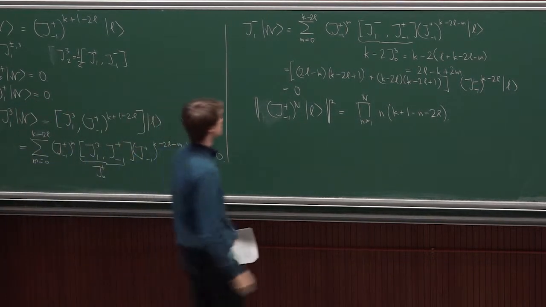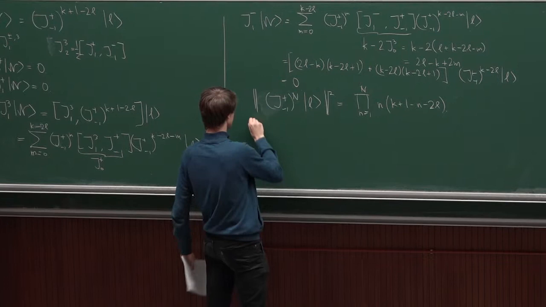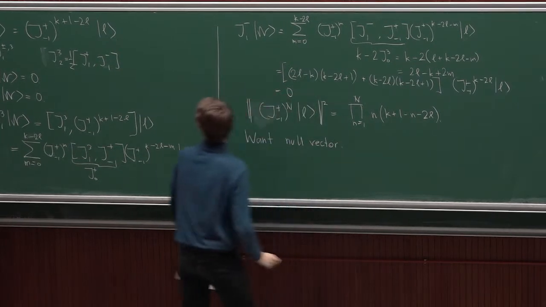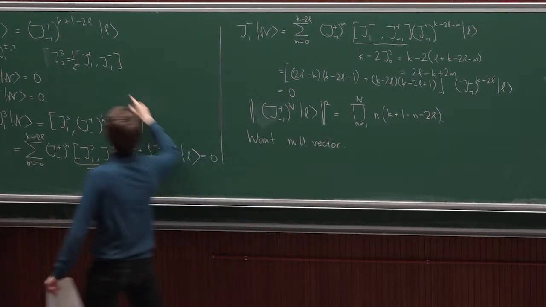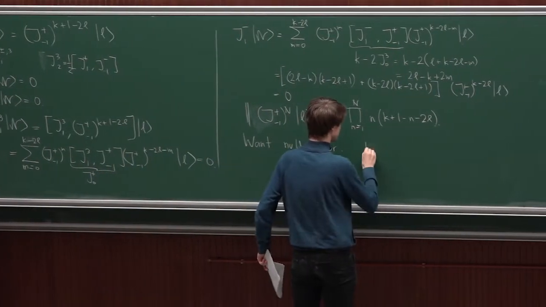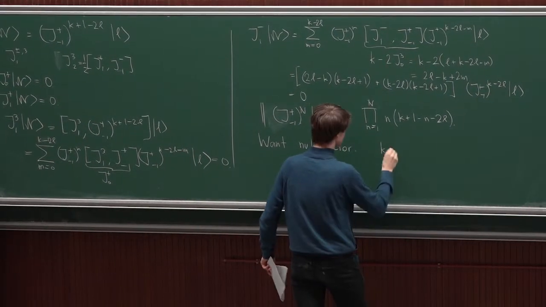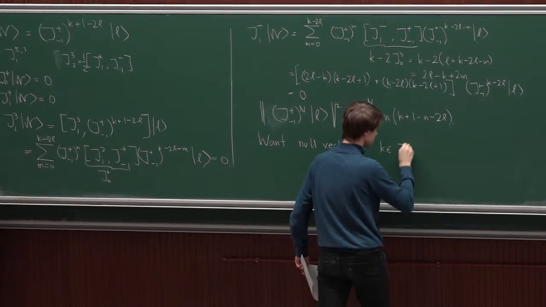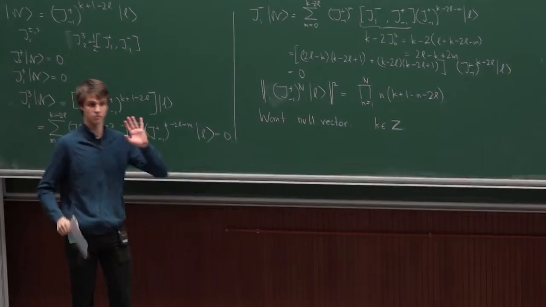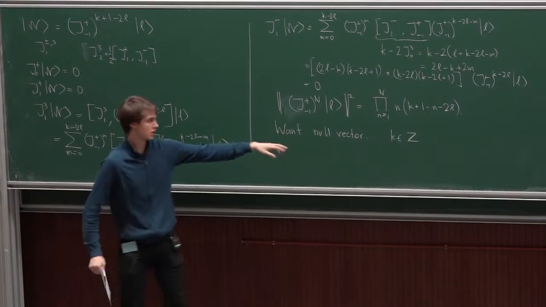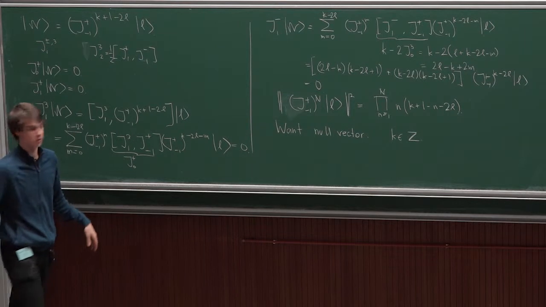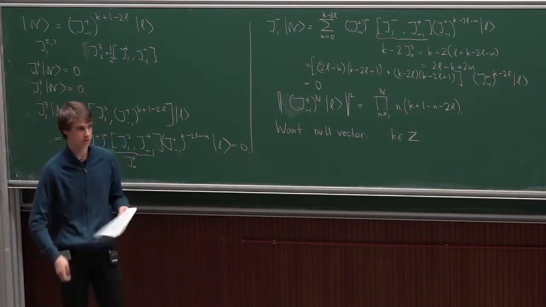Okay. So let's see if we want it. That gives us a constraint. So we want a null vector. And the constraint is that, first of all, this thing here should be an integer exponent. That's the most stupid thing I could say, but it's a non-trivial constraint. For this to be an integer exponent, I need that k is an integer, which somehow popped up now out of the representation theory. I did the same argument before in the action, and k turned out to be an integer in the action, but here we see the same conclusion from representation theory alone. So you have two different arguments now why k should be an integer.